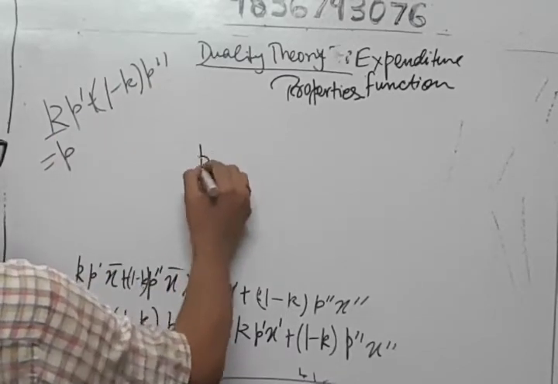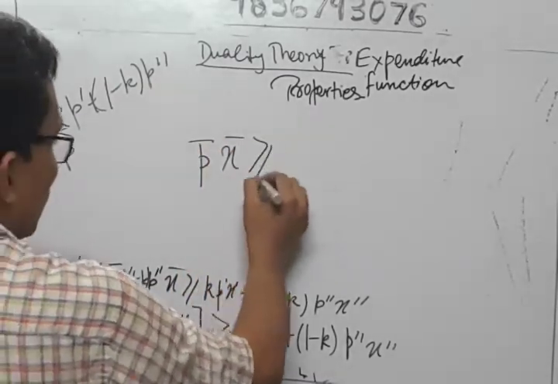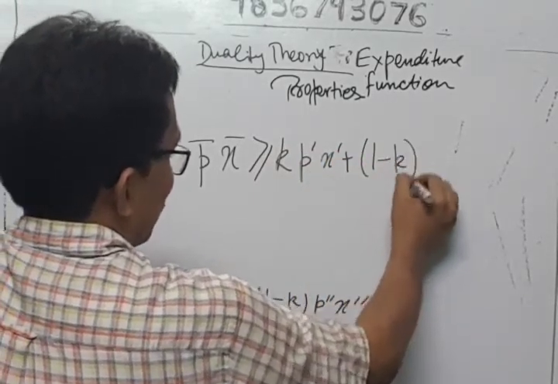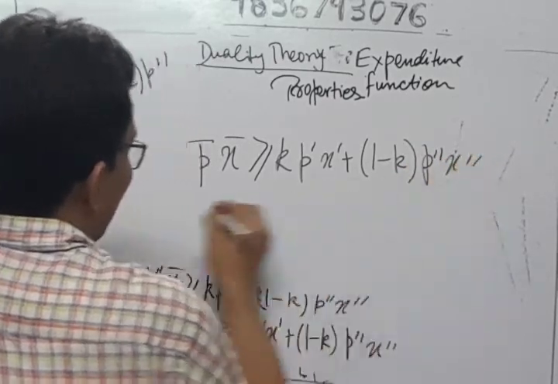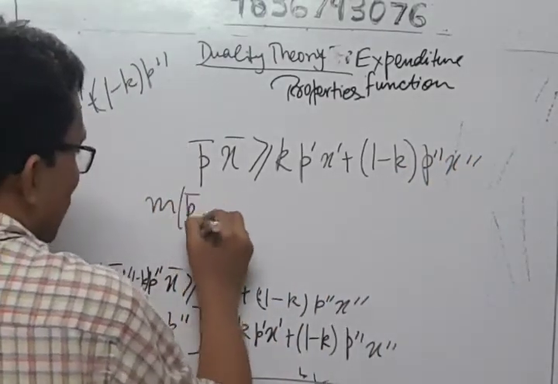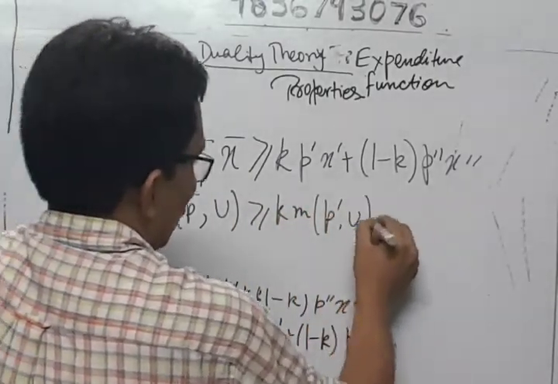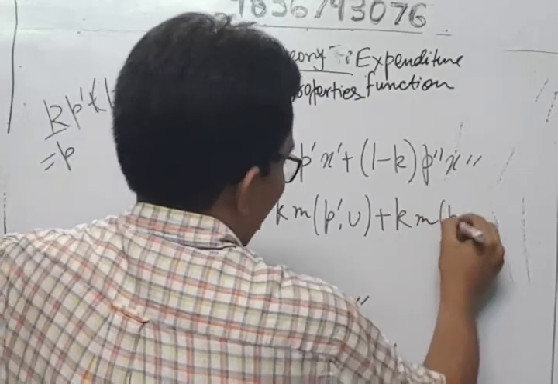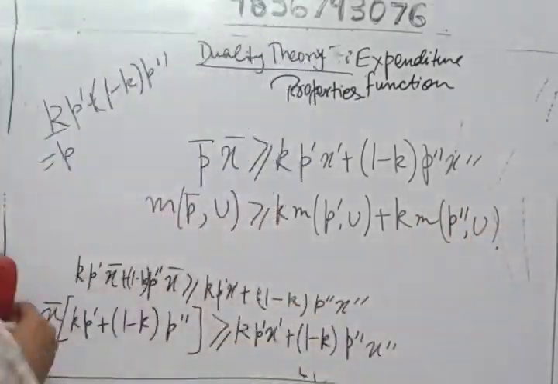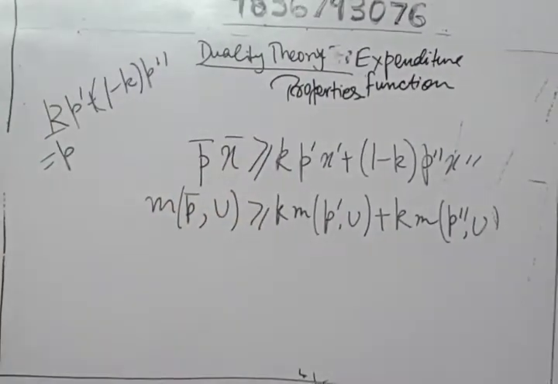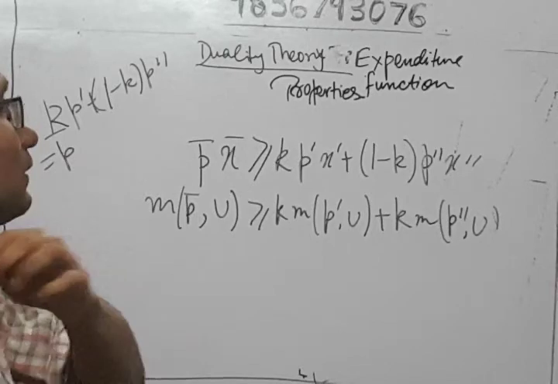So P̄X̄ will be greater than or equal to k of P'X' plus (1 minus k) of P''X'', which can be written as the expenditure function, k of e(P', u) plus (1 minus k) of e(P'', u). So this proves our assumption, and hence this proves our property, that is the expenditure function